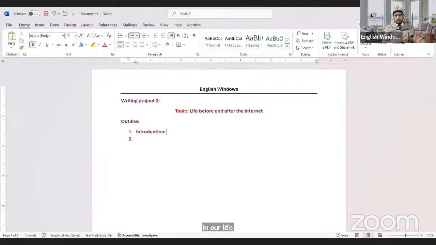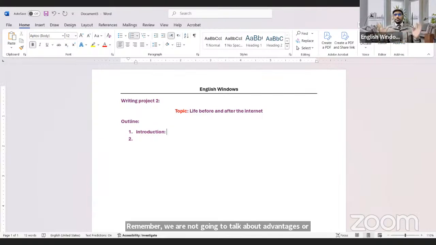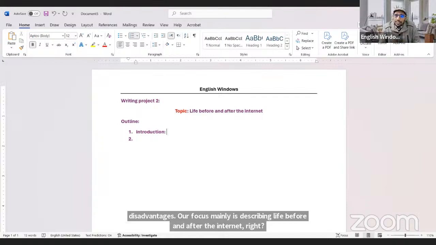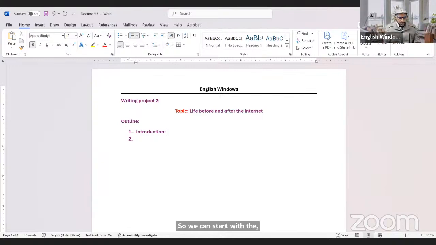Remember, we are not going to talk about advantages or disadvantages. Our focus mainly is describing life before and after the internet. So we can start with the general idea again, as usual,